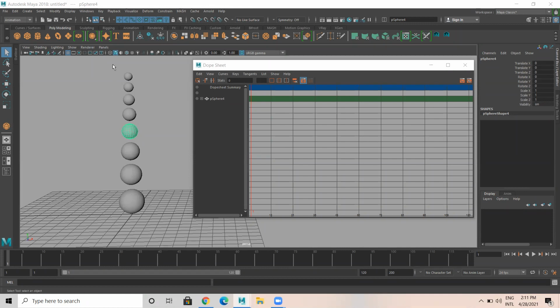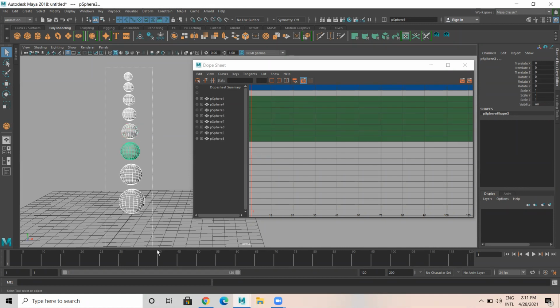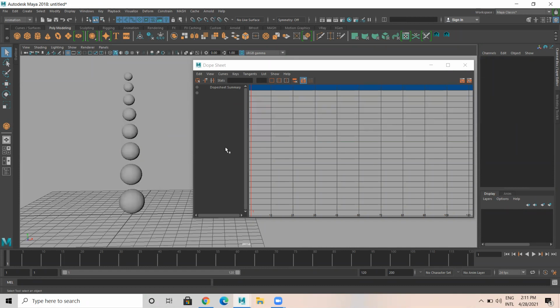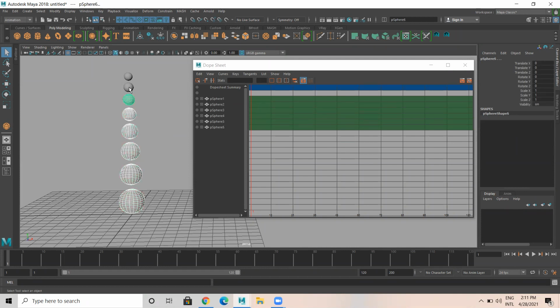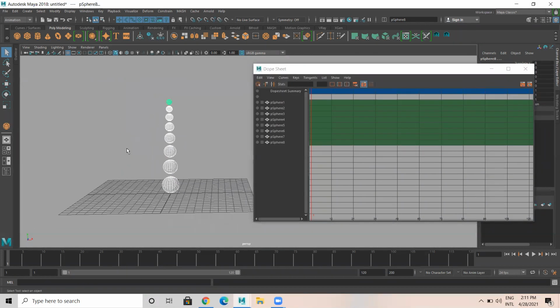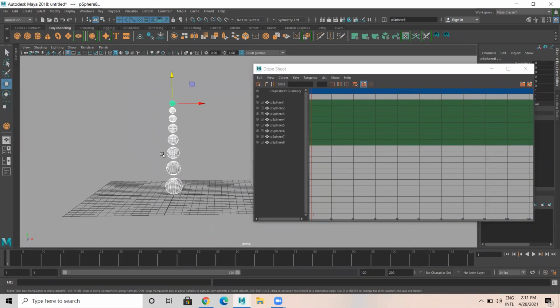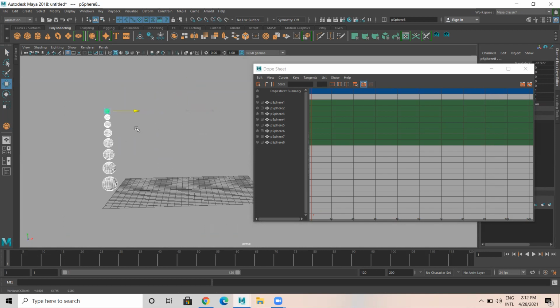So now if we select like this at random, the selection is not sequential, it's random here also. See polysphere 1, 4, 5. Basically we have to select, it has to be sequential. Select one, hold Shift, keep on selecting the rest of the objects in order. So polysphere 1, 2, 3, 4, 5, 6, 7, 8, it's like this. Then what I'll do, frame number 1, let this be here, frame number 1, I key this.